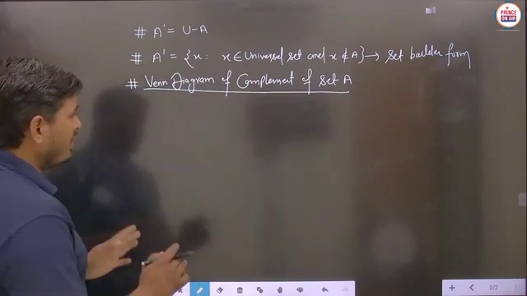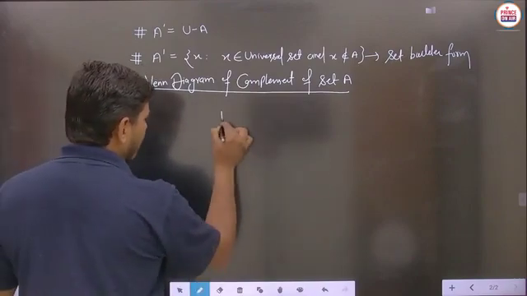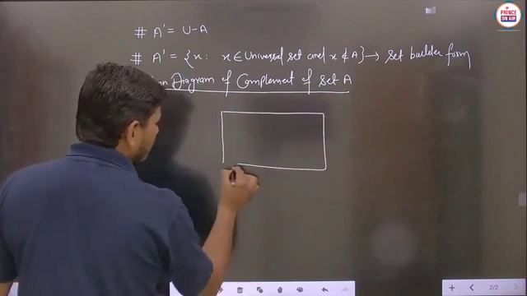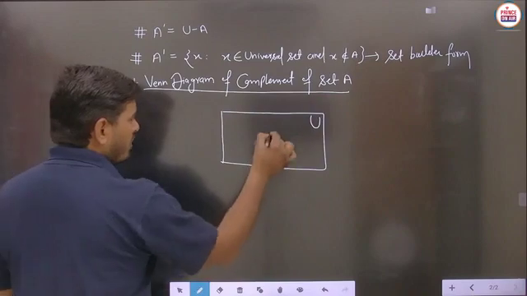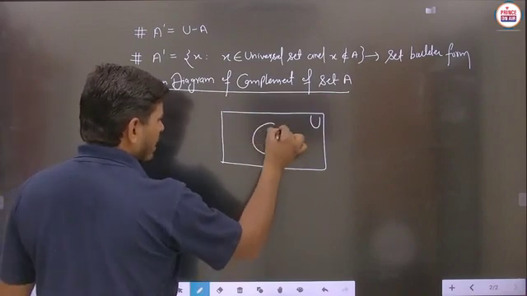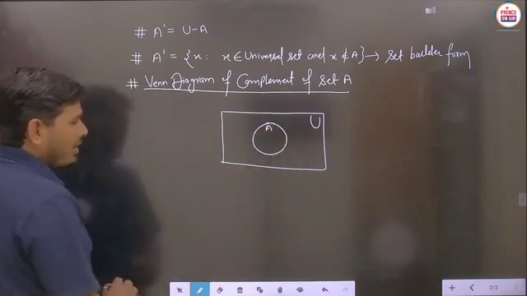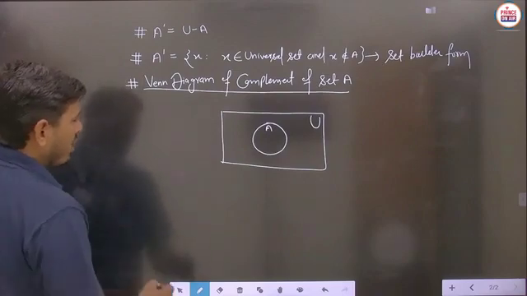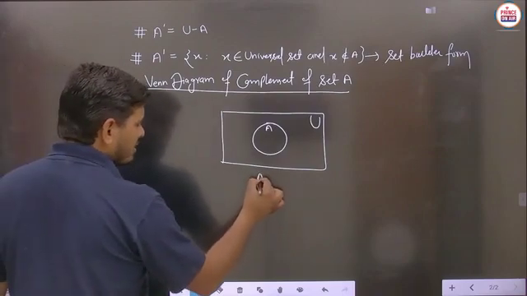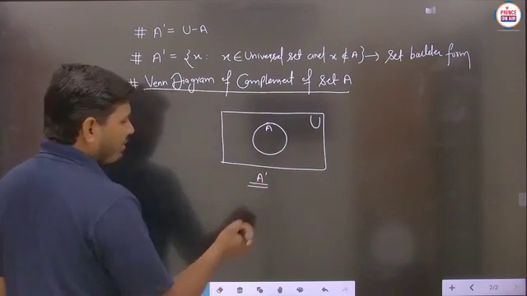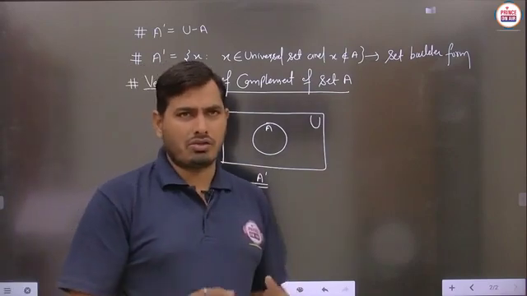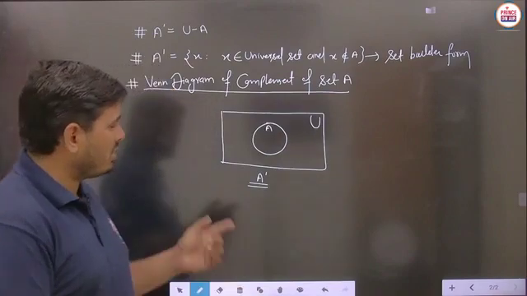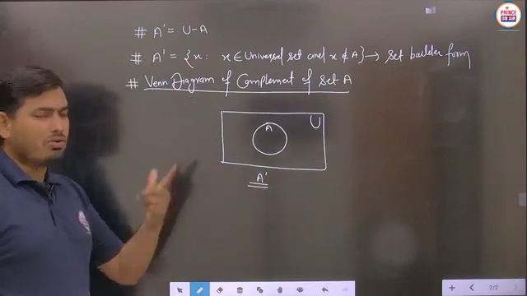So basically, students, when we have to make the Venn diagram, first of all we have to make the universal set, and in this universal set, any set A is to be plotted. Suppose this is any kind of set A. Is it clear? Now we want to draw the Venn diagram of A dash, which means the area which belongs to A dash is to be shaded here. You can see the area where the elements of A dash will lie.